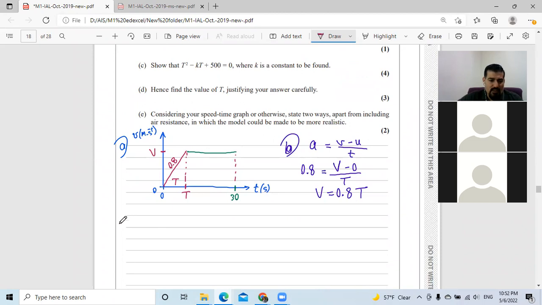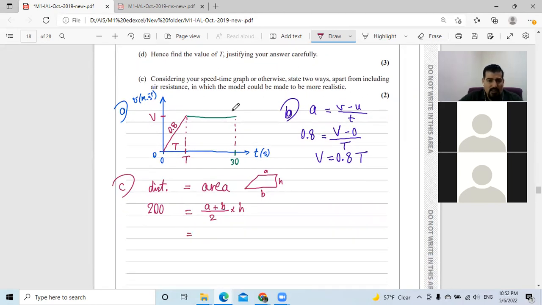Now, part C, distance, which is equal to 200 meters, equal what? The area of this trapezium, right? So what do we have? We have this base, B, and this base, which is A, and this height, which is H. So we know that it's A plus B divided by 2 multiplied by H. So 200 equals A. What's A? It's 30 minus t. So this time, which is moving at constant speed, steady speed, is 30 seconds minus the time of our acceleration, which is t. So 30 minus t